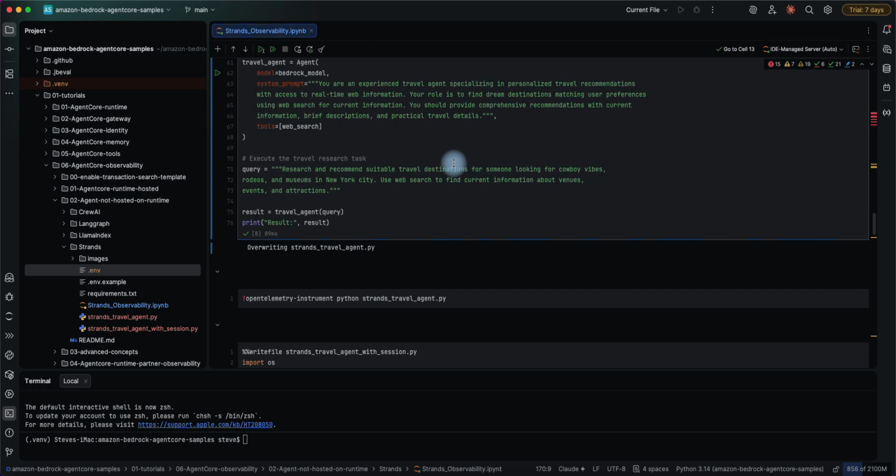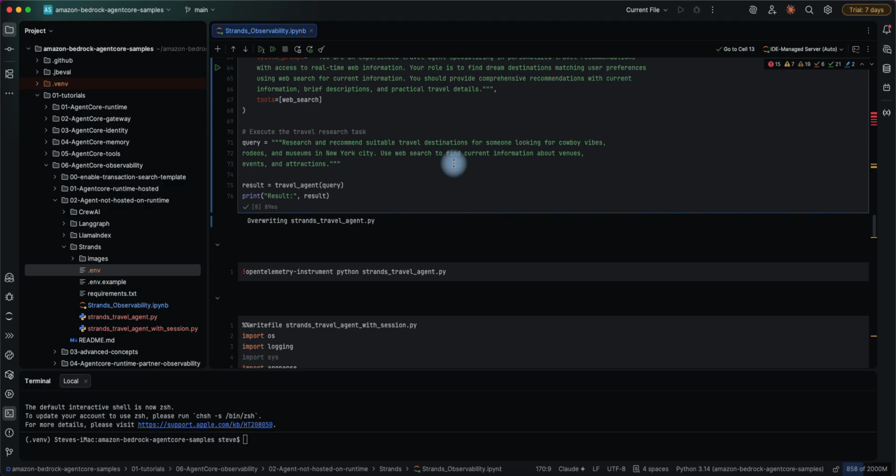This would not be me. I'm not interested in cowboys and rodeos, unless I watch that movie Nope, where there's an alien involved. But anyway, the point is that